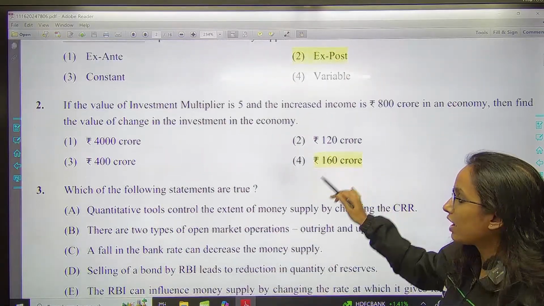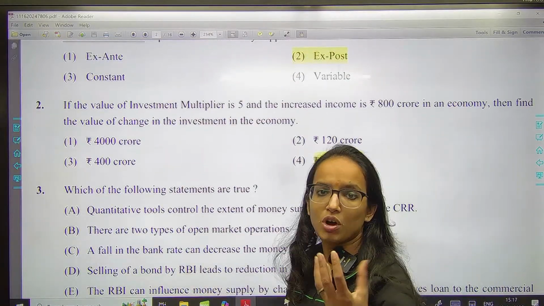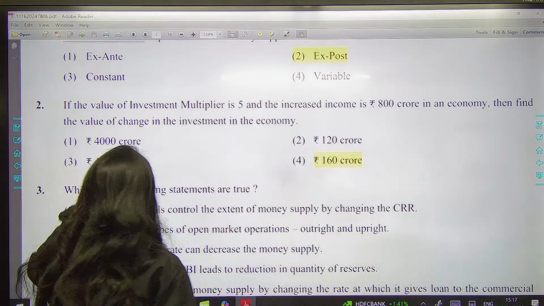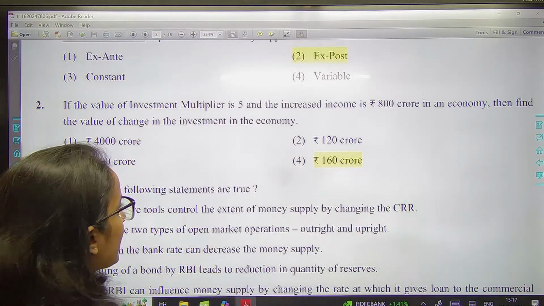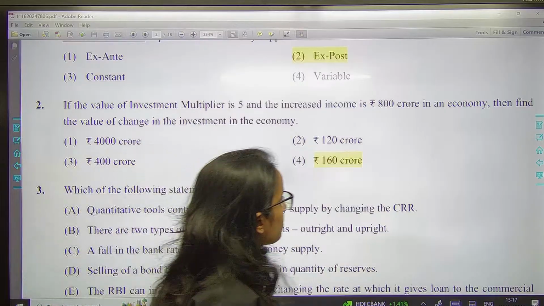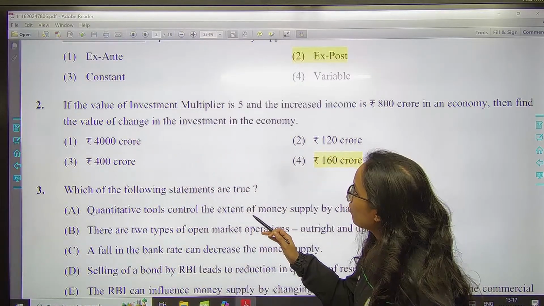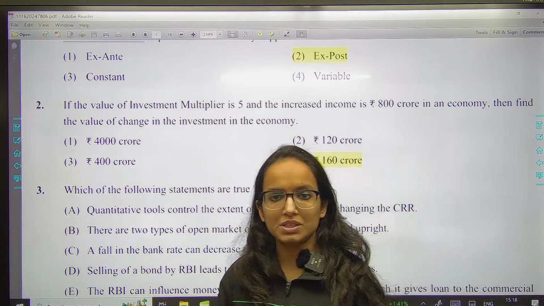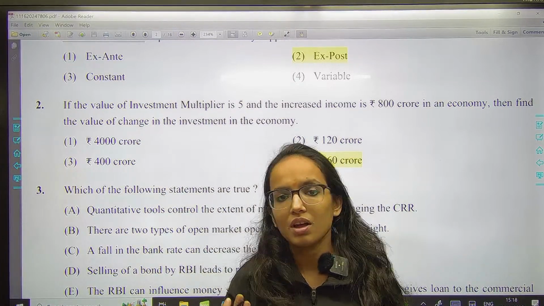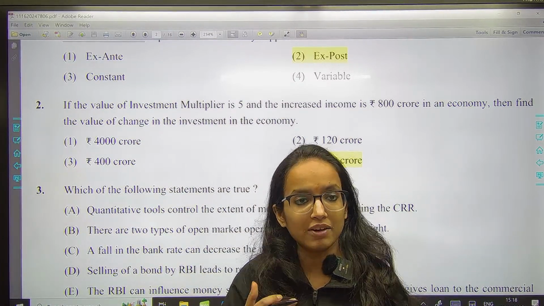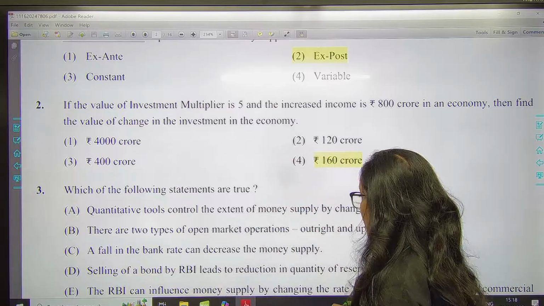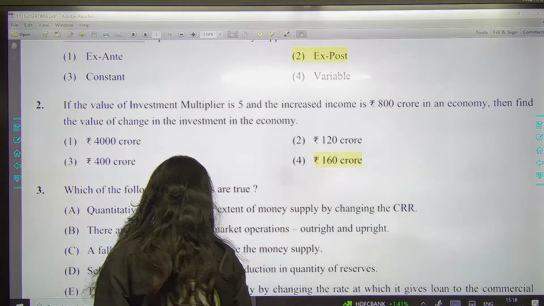Then next they have asked about the investment multiplier. This is basic formula based questions. They are asking: if the investment multiplier is 5 and the increase in income is rupees 800, then find the value of change in investment. Now if you know the basic formulas, the investment multiplier would be delta Y by delta I, right? So if you do the calculation here,